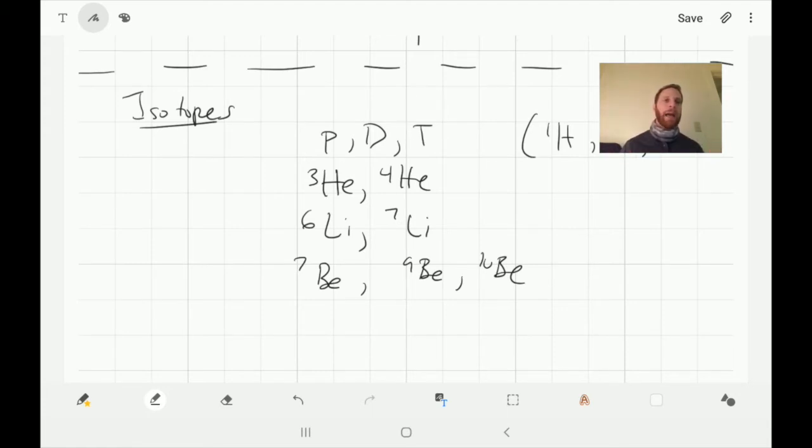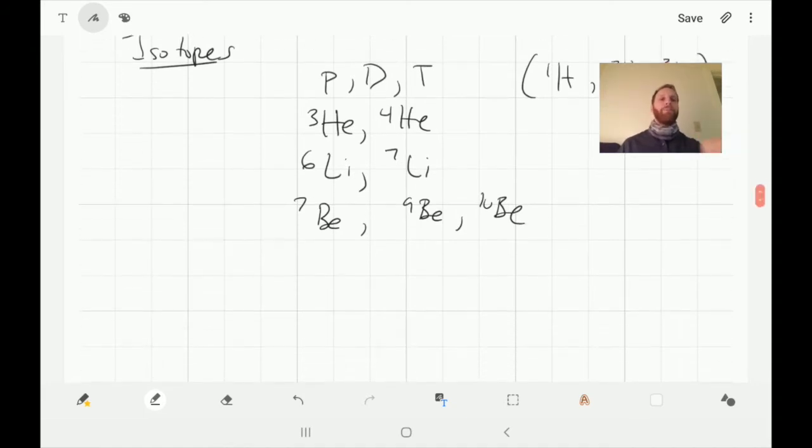This is also a good opportunity to talk about something motivated by the fact that I have not written down beryllium-8, and you may wonder why. It turns out beryllium-8 can be produced in the lab, but decays incredibly quickly. So, no beryllium-8. Why? It's an unstable particle, and the decay time for Be8 is approximately 10 to the minus 16 seconds.